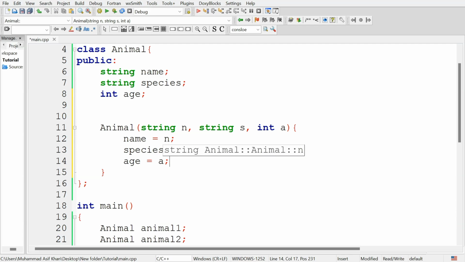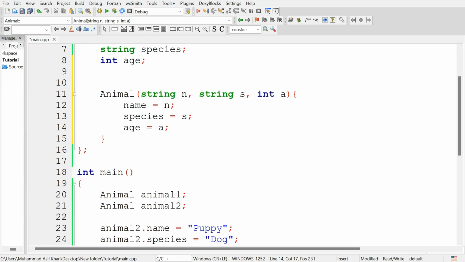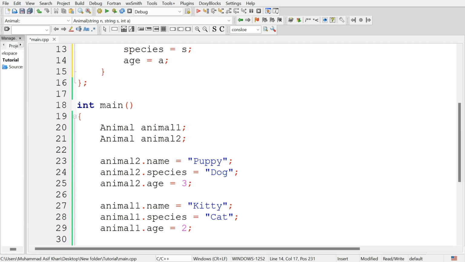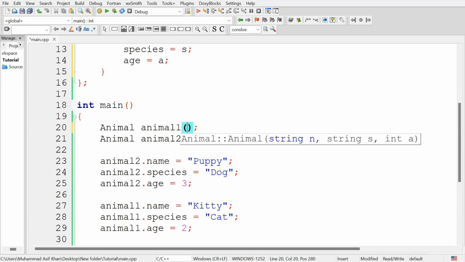So now if we create an object of this class in the main function, we will not need to manually initialize the attributes of the objects, like initializing the attributes of animal 1 and animal 2 objects. But this time when we declare the object, we will give the values of these attributes at the time of declaration.